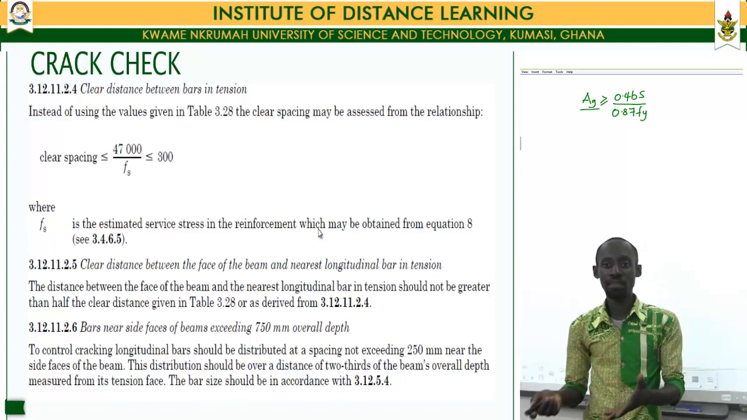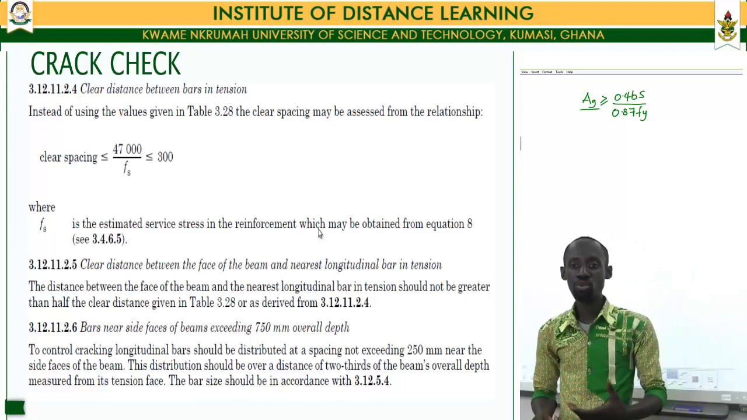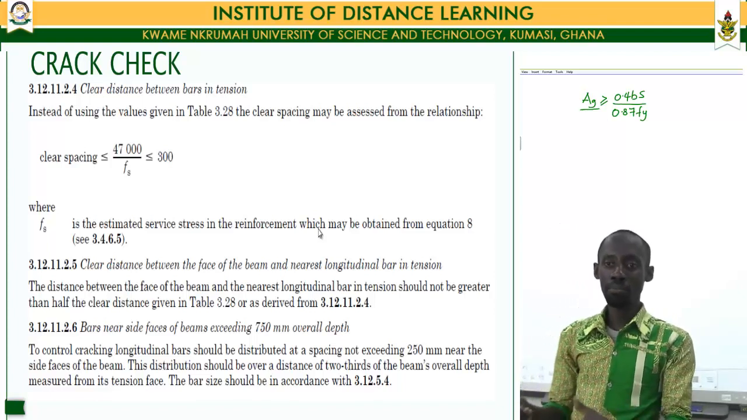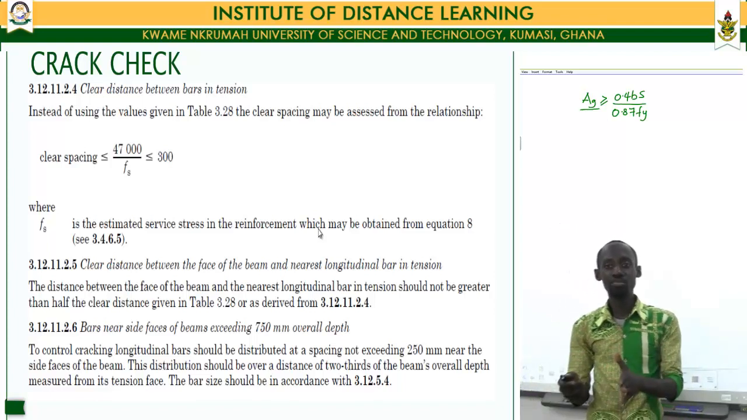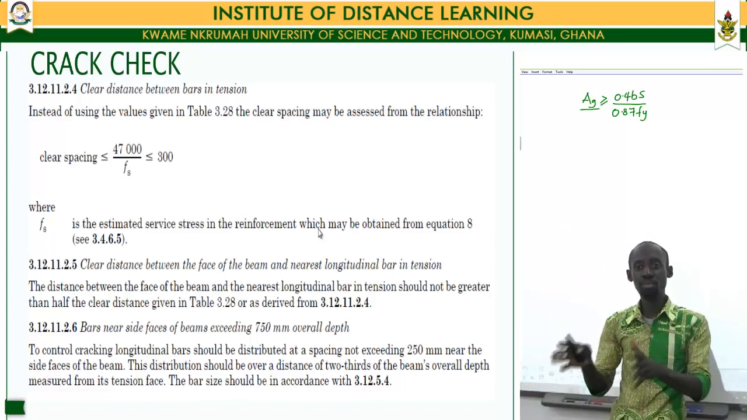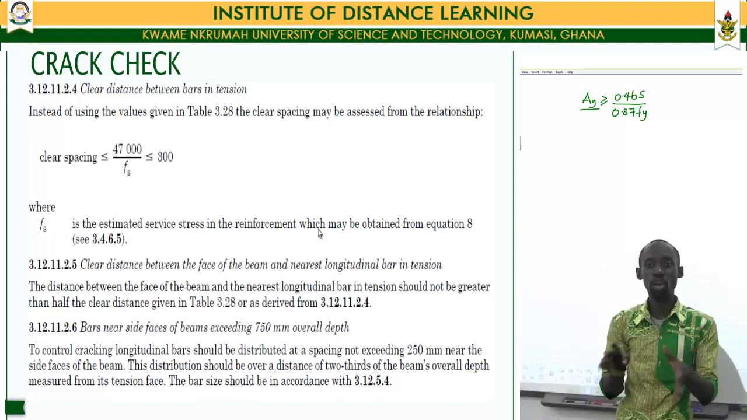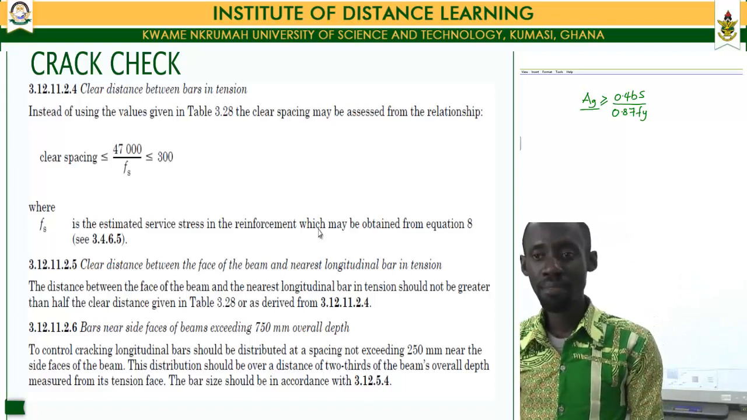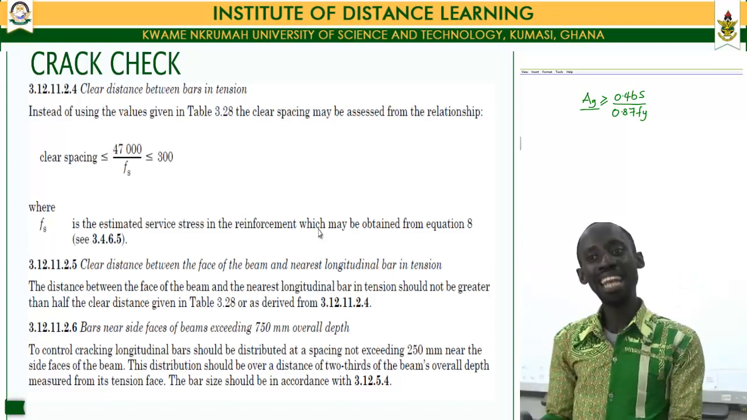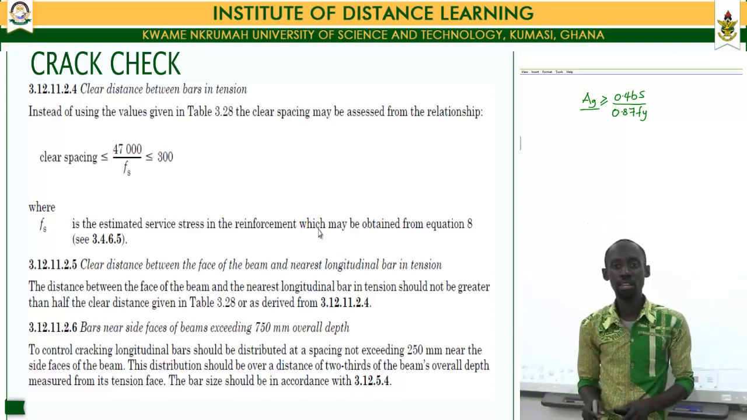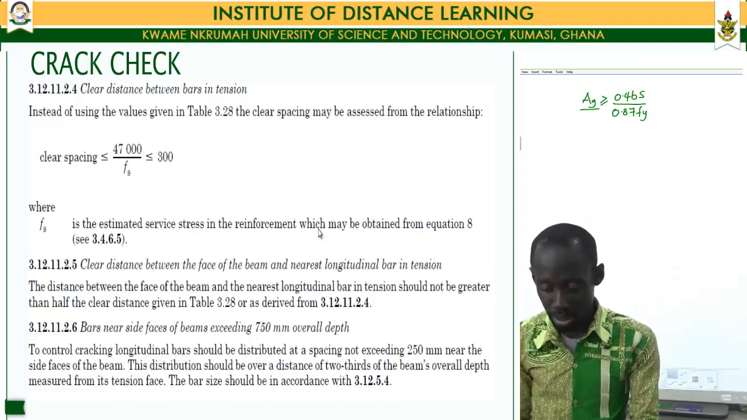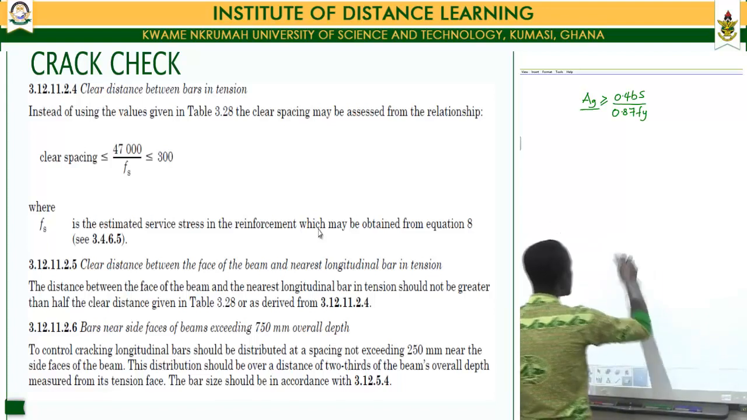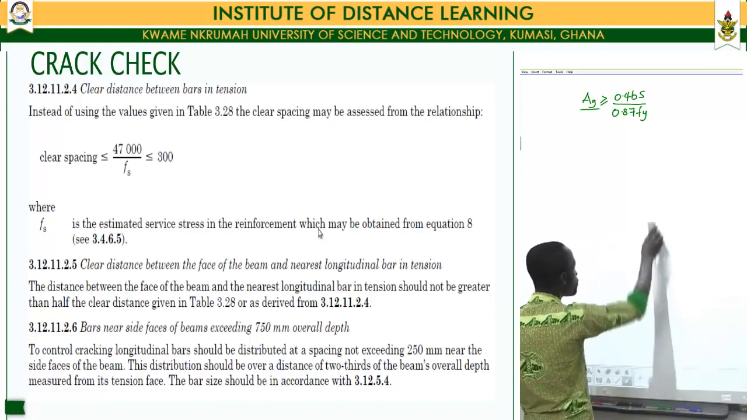Having finished with our deflection check, we'll now move on to do our crack check for our beam. The provision given by our BS code states that the clear spacing between the reinforcement of our beams should be less than or equal to 47,000 divided by our fs, and that one should also be less than 300. So if we take the clear spacing of our beam, if we go back and look at the beam that we've just reinforced,